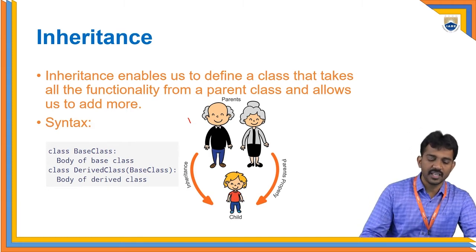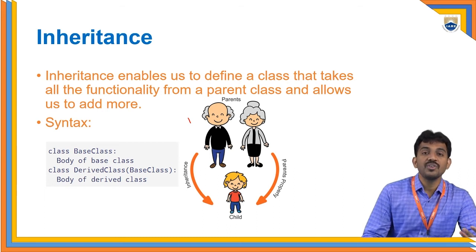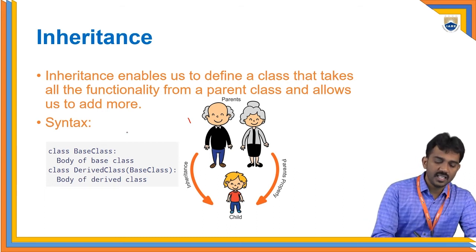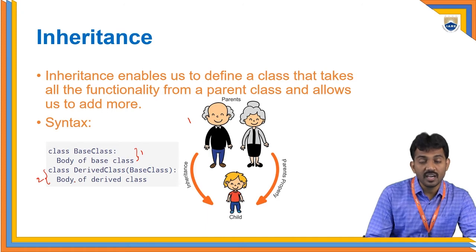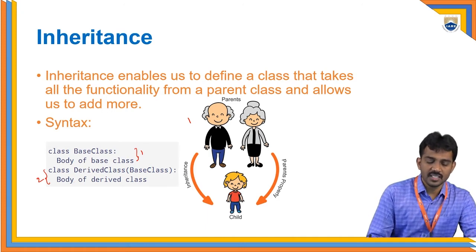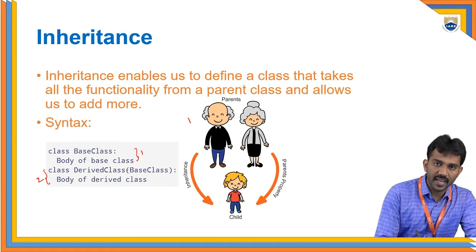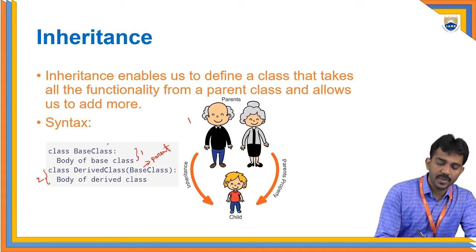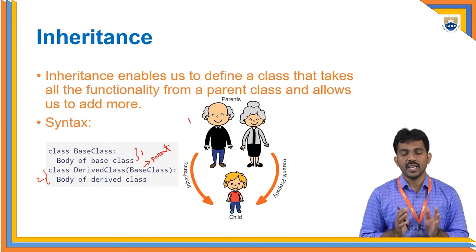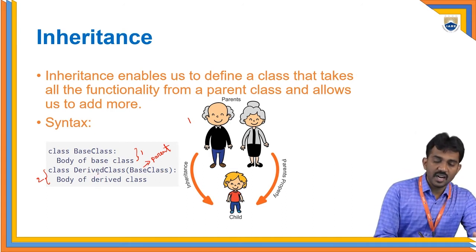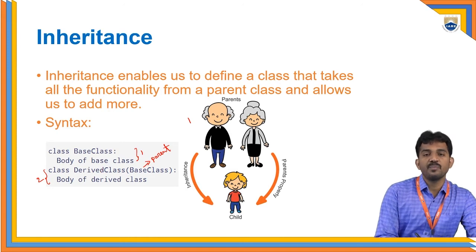This is an example syntax of how we are going to create an inheritance. See, this is the base class, this is class 1, and this is class 2, right? Suppose if you want to inherit the base class to a subclass, then you should use this syntax. See, in the brackets you should write the parent class. Parent class means this is the parent class, right? That is why I wrote base class in brackets. Then by default, the derived class treats the base class as its parent class.